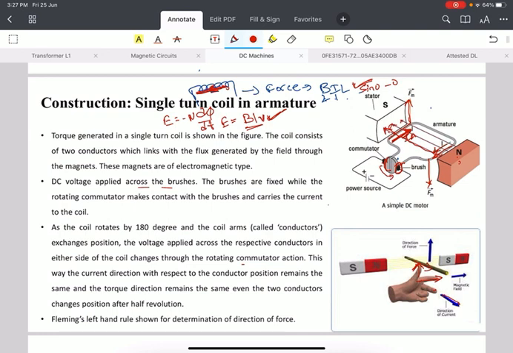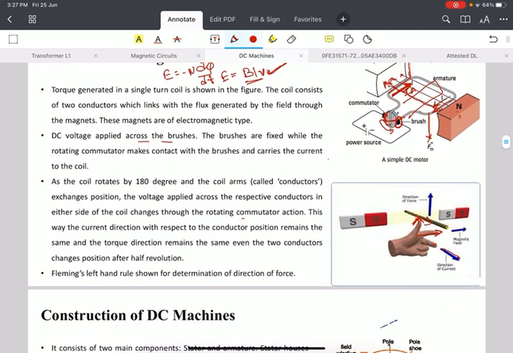This can be solved by using a number of conductors. If we use another conductor perpendicular to this one, and if we divide the commutator into 4, then this conductor will experience a force. It will keep on rotating for a continuous period. This is the principle of operation of a DC motor. Basic principle of operation of a DC motor.